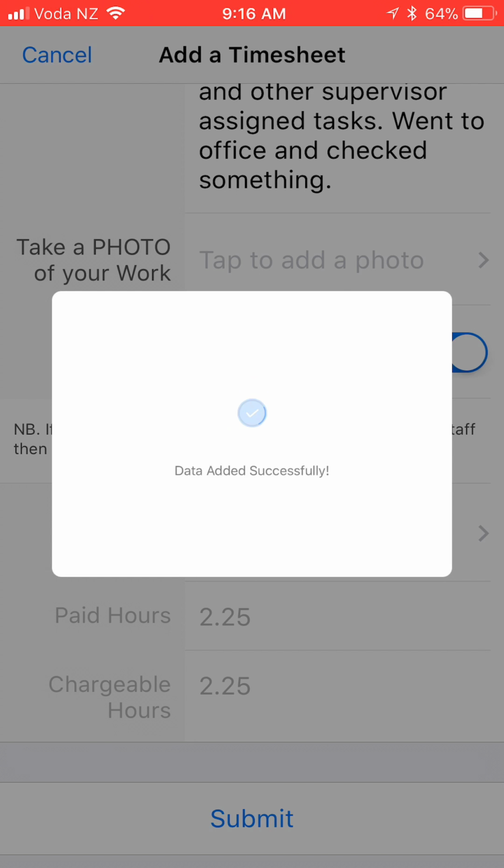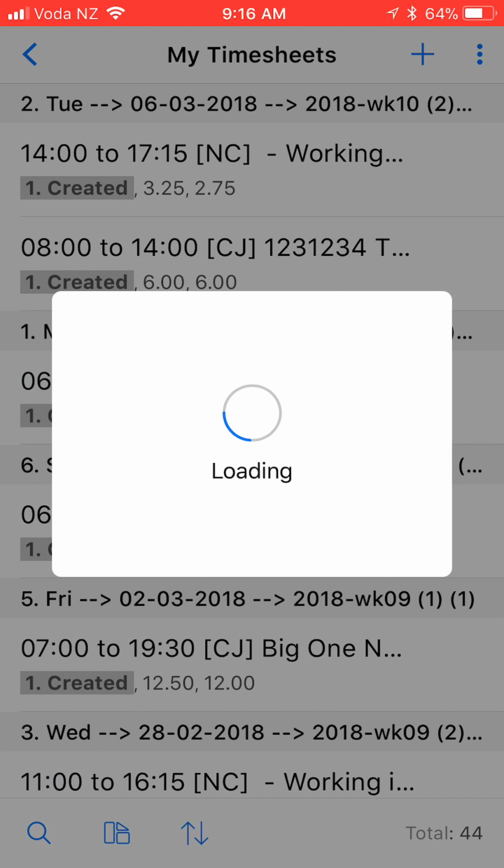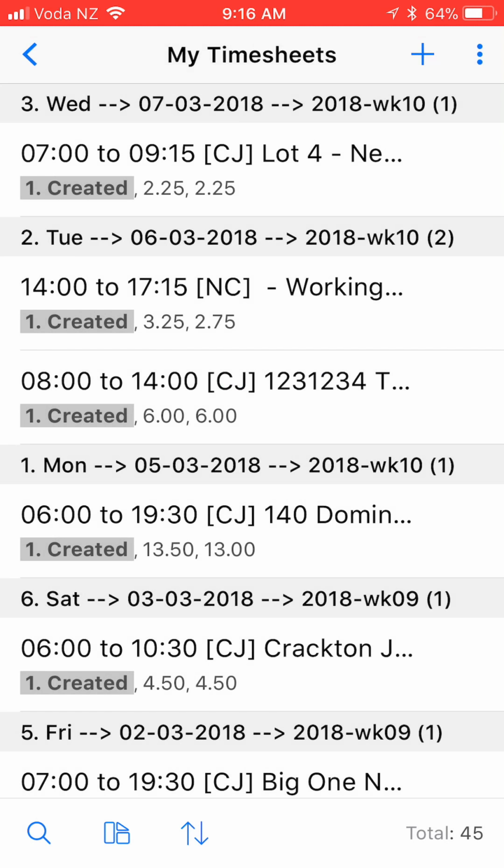And that's it, timesheet done. Now it's taken a little bit longer, me walking through each area, but you can see now that for when